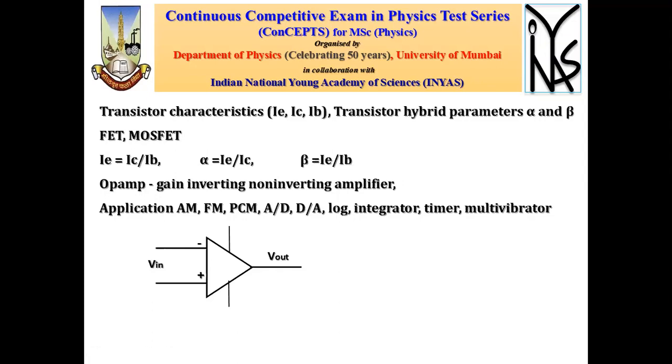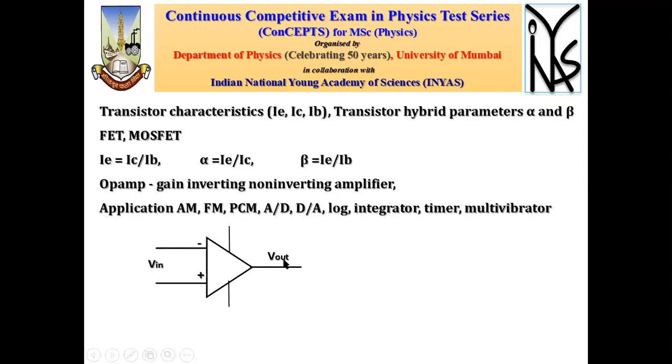In all these electronic circuits, first we have to see how the current is flowing. Also we have to remember the characteristics of op-amp. There is a good book by Paul Horowitz called The Art of Electronics, where you will see some of the characteristics of op-amp. One thing that you must remember is that the basic characteristic of op-amp is that it tends to minimize the input voltage difference. So the voltage applied to the inverting and non-inverting terminals will alter the output in such a way that the input voltage difference becomes 0, right?